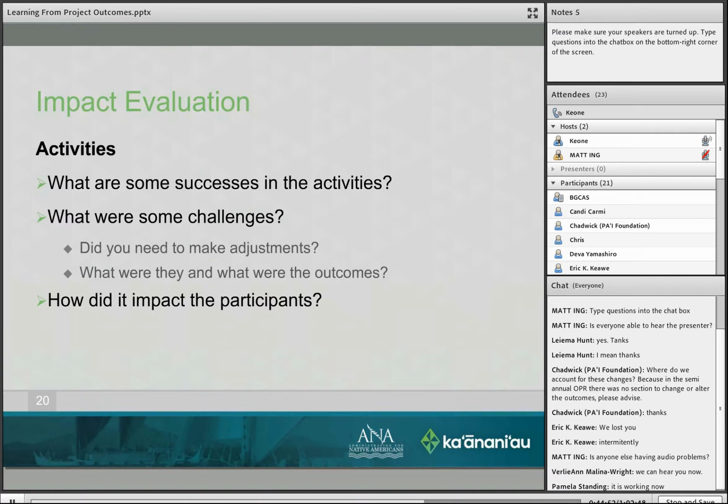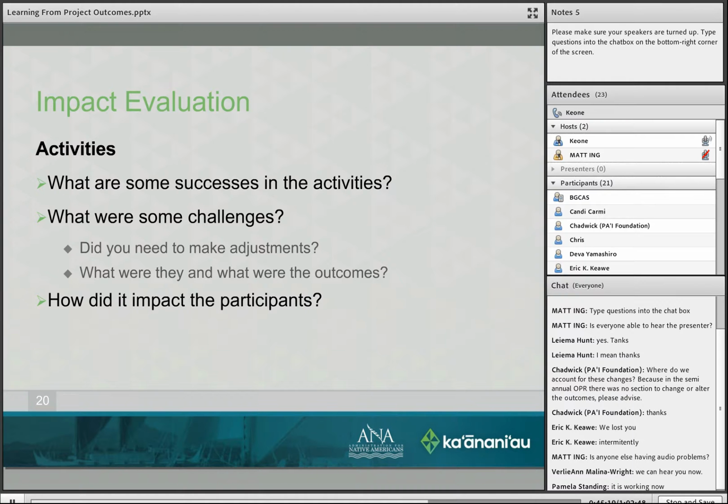I actually ask friends of mine to do it. And sometimes that might be good. What are some successes if you feel uncomfortable doing something like that? Ask your community members, what are some successes that you see in the activities that we have accomplished? And what are some challenges?